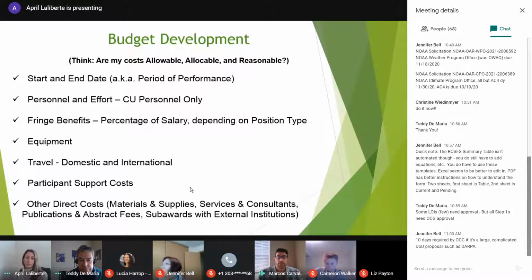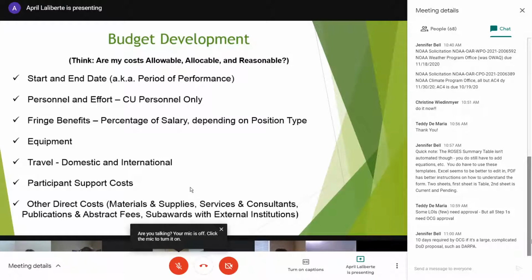And Cameron talked a little bit about subs before, when we are a sub awardee and they need more time. So when we have subs on our proposal, it's also very important to give us a little more time to include that in the budget, because we'll need more documents as well: biosketches, current and pending, justification, and so forth. So the earlier is better to avoid any unforeseen bumps. These things have a way of happening at the last minute and can create a lot of stress for everybody involved. So let's get those in early. And that's it for me.